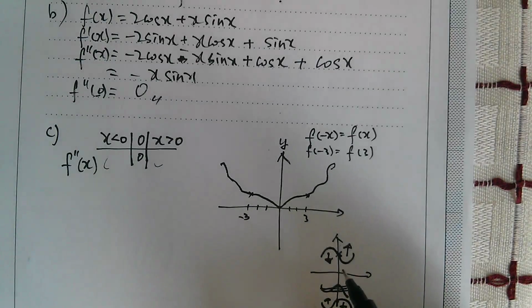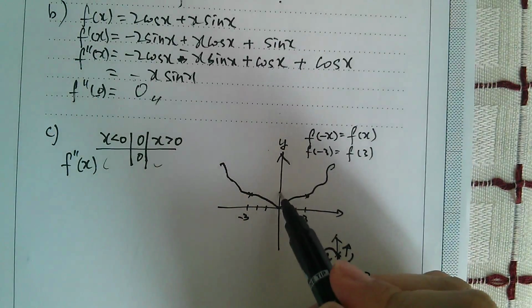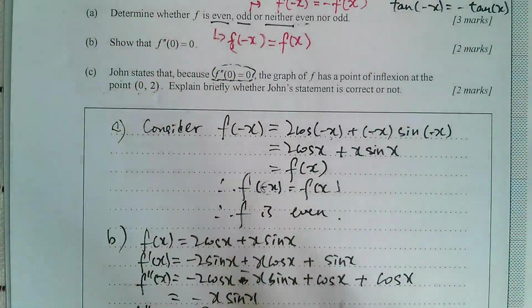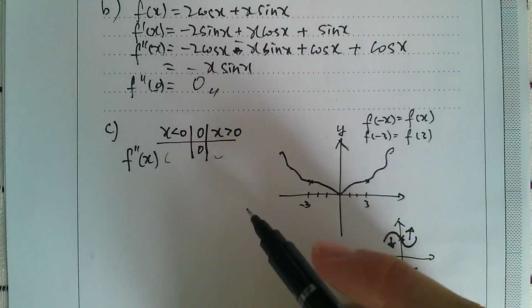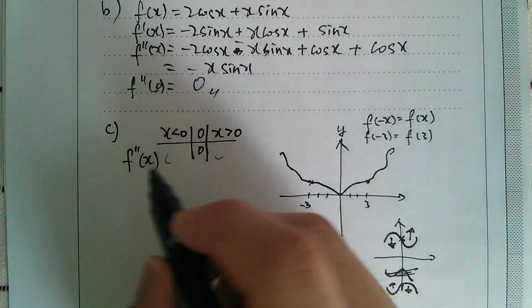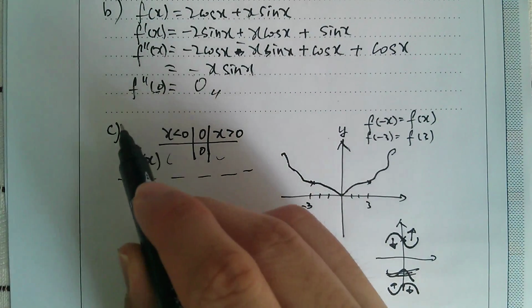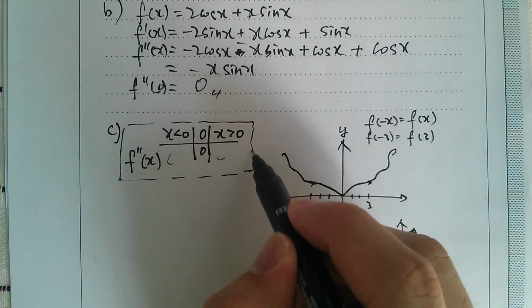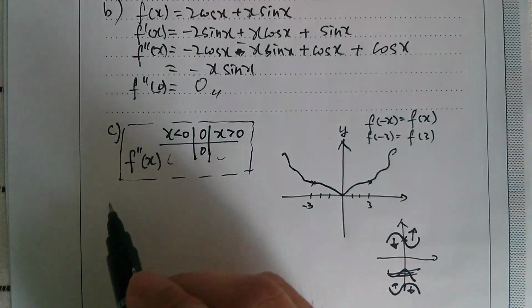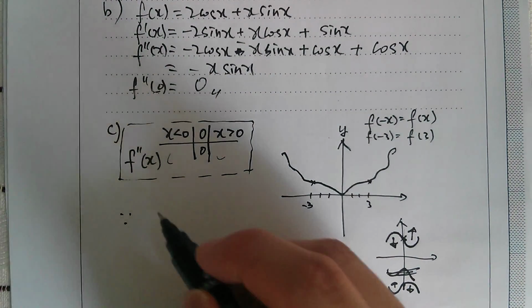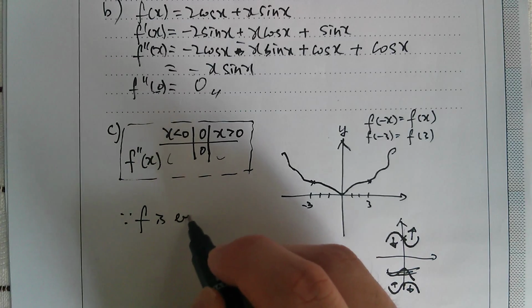So just because of this, that point on the y-axis, okay, (0, 2) is on the y-axis, right? (0, 2) on the y-axis can never be a point of inflection. Okay? Therefore, we will withhold this. We probably won't do the side test. Okay? And say since f is even,